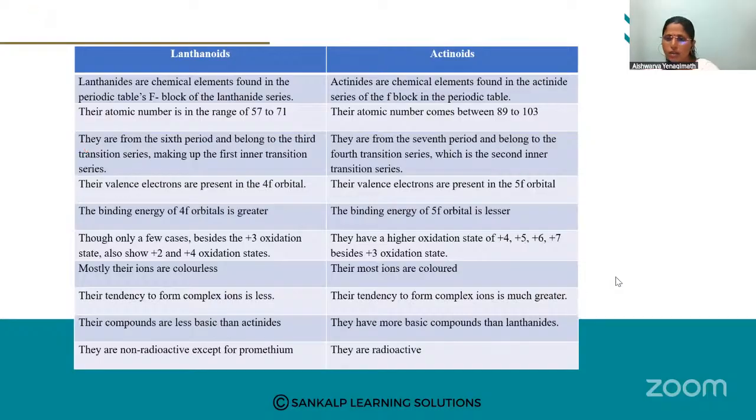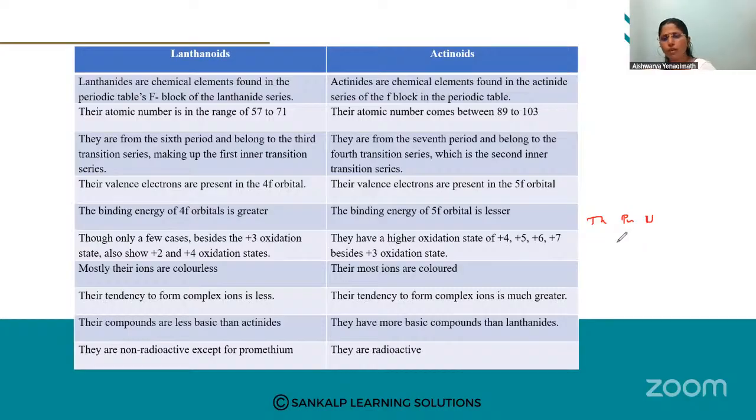Transuranic elements are not naturally occurring, they are artificially made, and all of them have a very small half-life. See, half-life period, this point I just missed out telling you. Radioactivity comes with half-life. The half-life of thorium, protactinium, and then uranium is quite long, up to a day. They have relatively long half-lives, but the latter ones, the post-transuranic elements, have a